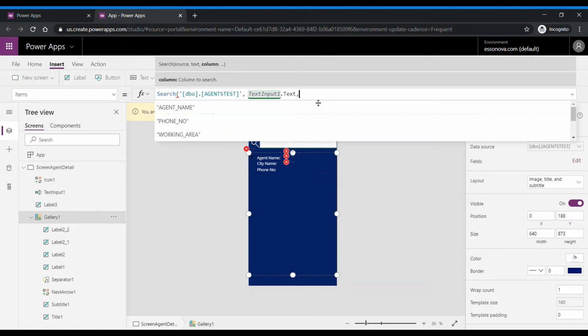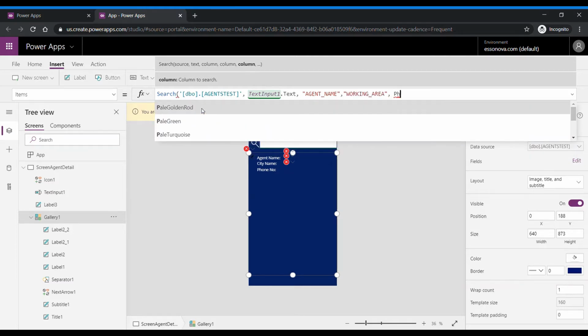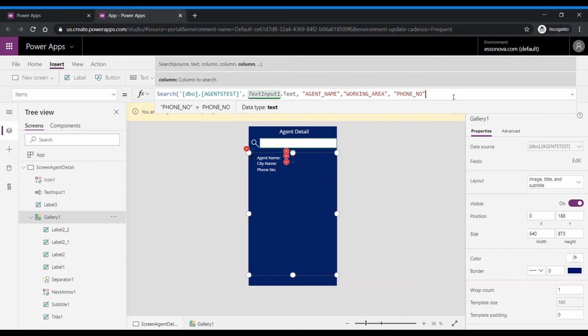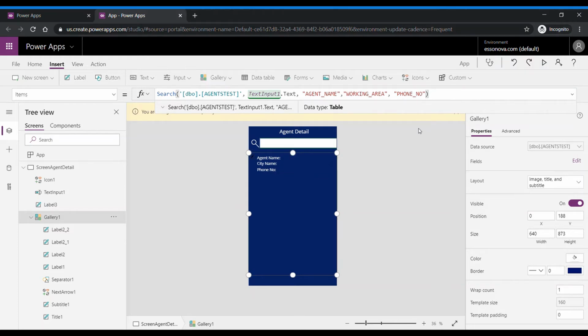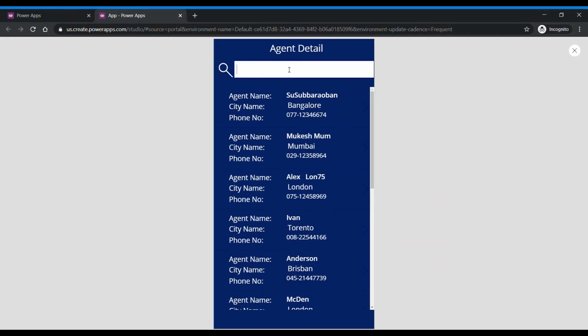and then which fields you want to look for in the search. So I want to look in agent name, and then working area, which is my city name, and I also want to look in the phone number. These are the three fields I'm going to search. All right, so now this is done. And so let me see first if search is working. So let's say